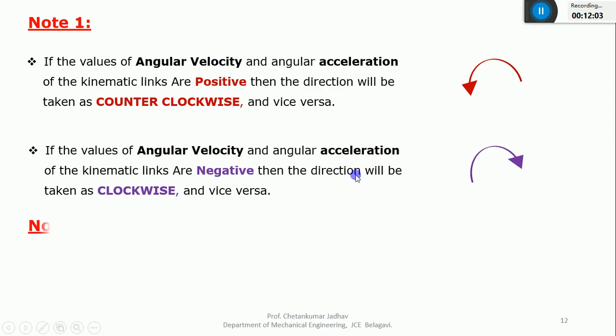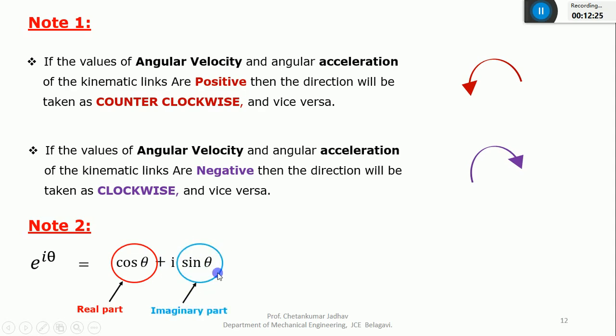And one more thing I have discussed is this one. So e raised to I theta I can write as cos theta plus I sin theta. The cos theta part is known as the real part, and the portion along with this I, I'll not consider this I, I'll consider only this part, and this will be considered as the imaginary part. Except this I, whatever is present will be considered as the imaginary part. So this is also very important.